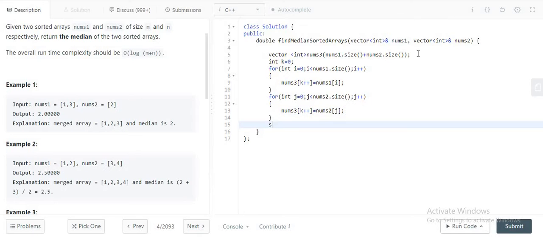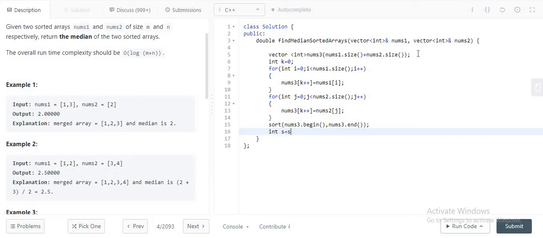Okay, so now we will sort it using the sort function. nums3 is our new vector which we are going to sort. Yeah, we have sorted our new vector.